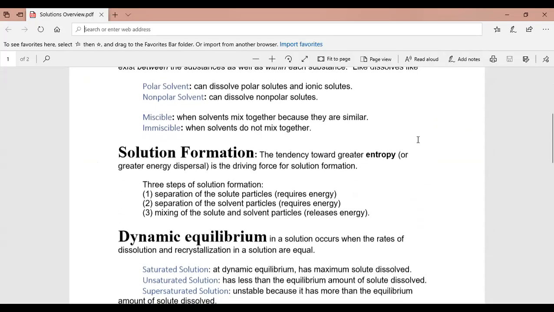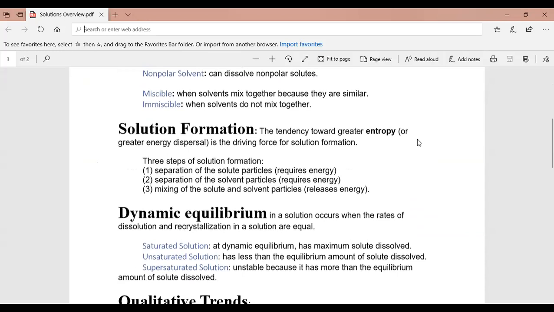When we're considering solution formation, there's a couple different things at work. These are all things that you'll learn more about if you decide to continue and take general chemistry too. Solution formation is the tendency towards greater entropy. That entropy can be thought of like chaos or disorder as particles tend to disperse, and that can cause solutions